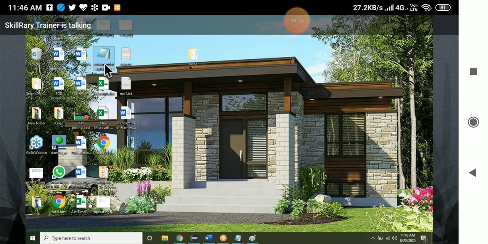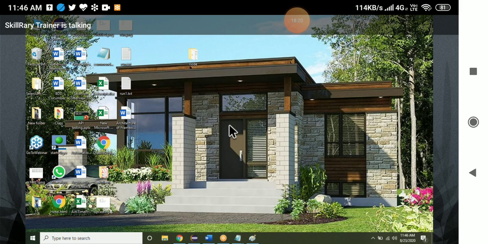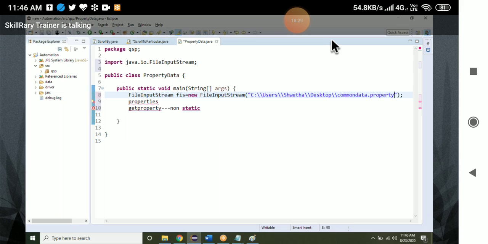It will take the path. How to get the path? Right click on the file, go to Properties, click on Security, and copy this path with Control C. Give it to the FileInputStream class constructor, which takes the path as a string.